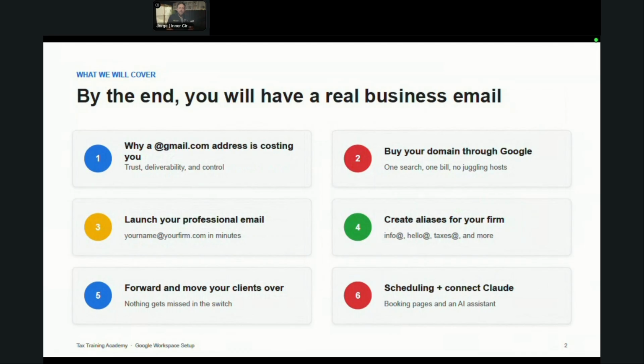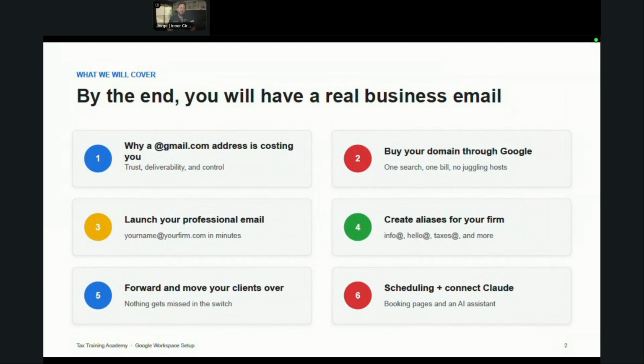Okay. So today, I'd like to give you a rough overview of what the agenda is going to look like and what we're going to cover, because by the end, hopefully the information that I'm going to provide is going to help motivate you to go ahead and get that real business name in your email. So we're going to transition from an @gmail to a domain that you own, and it is your business name, and we're going to walk through a real live demo of going through the entire buying process. We're going to buy the domain, we're going to search for your name. I have a sample name that I'm going to use,